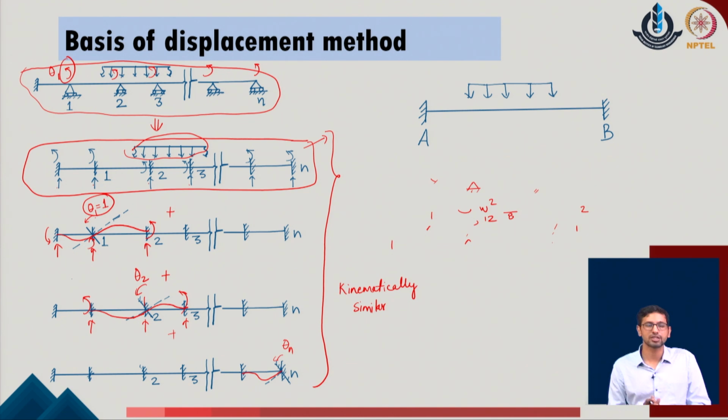When we say kinematically similar, we can recall from the discussions of the force method what it simply means. When we look at the support A of the given original system, we understand that this is fixed. When we look at the support A with all these systems together, we realize that the condition remains fixed throughout. That is why the summation of all these systems together gives the same condition as in the original problem. When I go to joint 1 over here, I realize that all the systems are restrained at the given joint.